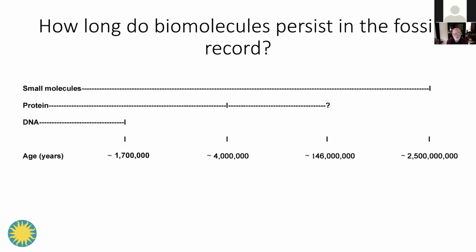Of course, Mary Schweitzer's lab has reported protein sequences from dinosaurs that are more than 100 million years old. And of course, that is very controversial. I think everyone hopes that Mary is right, but right now, it's a pretty big question mark. DNA is even more labile than proteins, although it's been isolated from bones about 2 million years old.